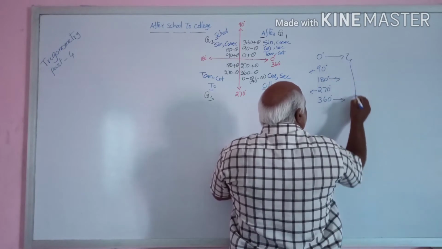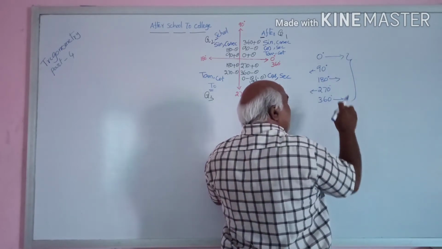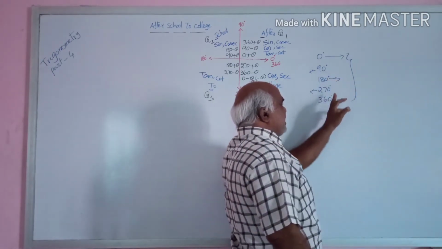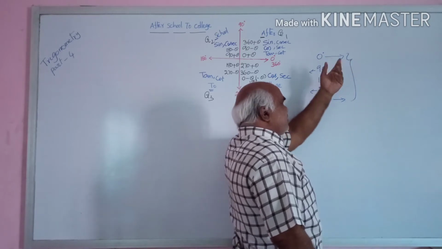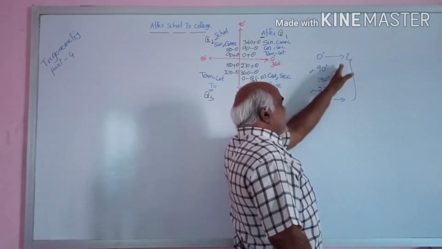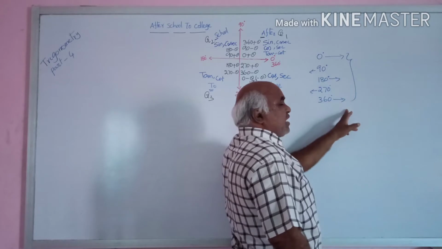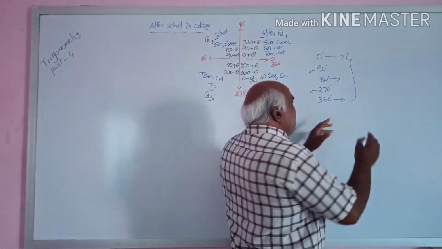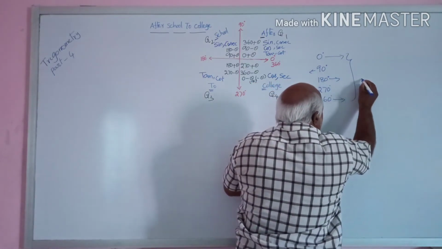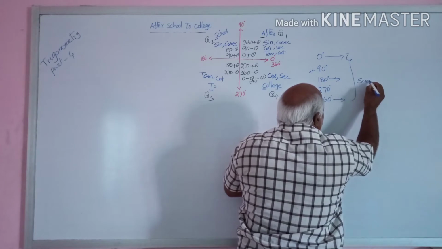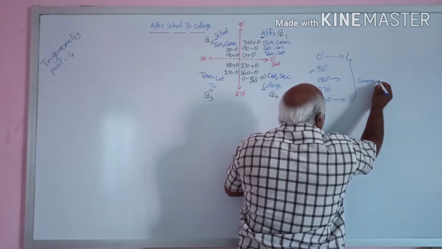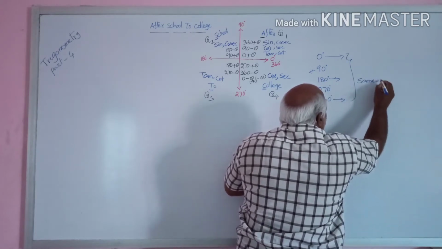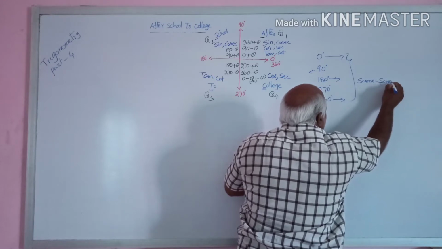You can see here, what is the majority? 0, 180, 360. First one is, you can make left or right. What is the majority? 1, 2, 3 are the majority. Therefore, the meaning of the majority is same to same. Same to same means, what is same to same?